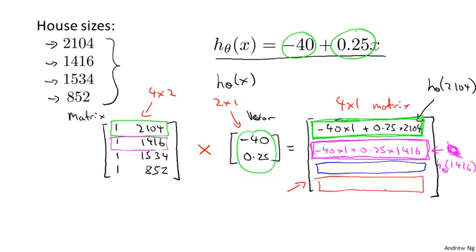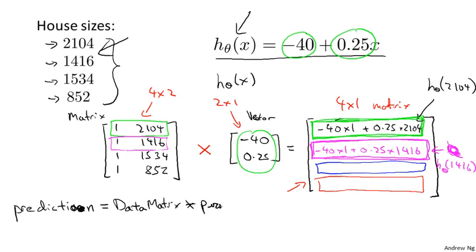And the neat thing about this is that when you're actually implementing this in software, so when you have 4 houses and you want to use your hypothesis to predict the price of all of these 4 houses, what this means is that you can write this in one line of code. When we talk about Octave and programming languages later, you can actually write this in one line of code. You write prediction equals my data matrix times parameters, where data matrix is this thing here and parameters is this thing here, and this times is a matrix